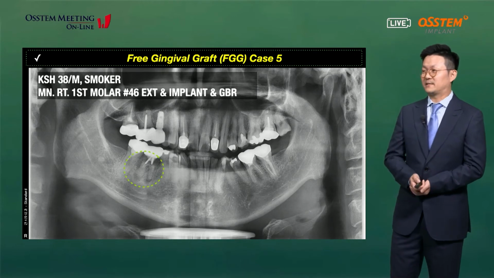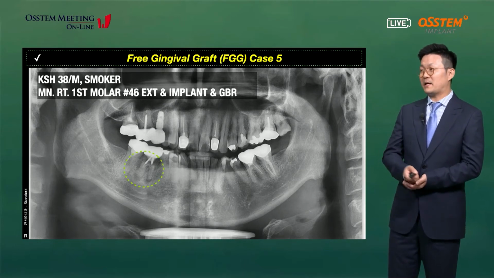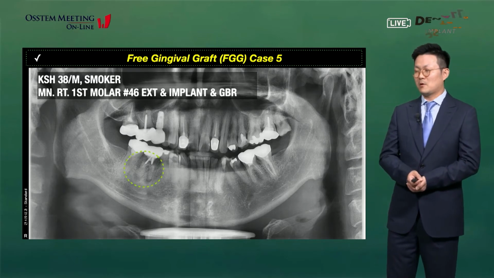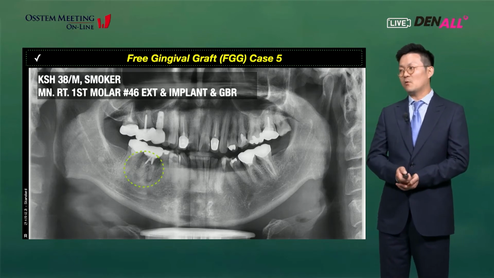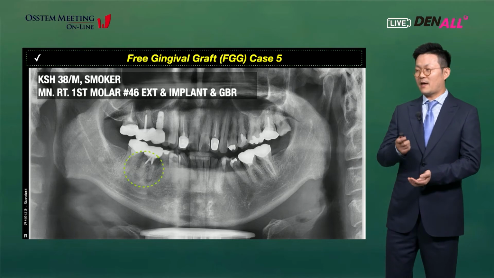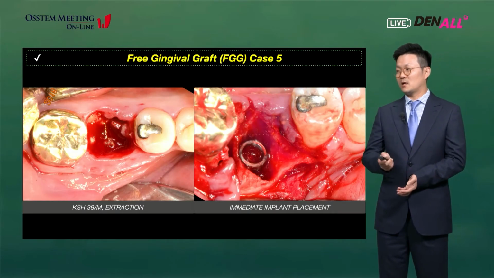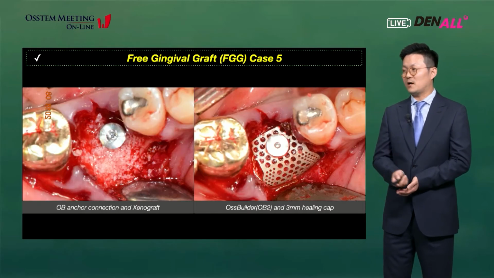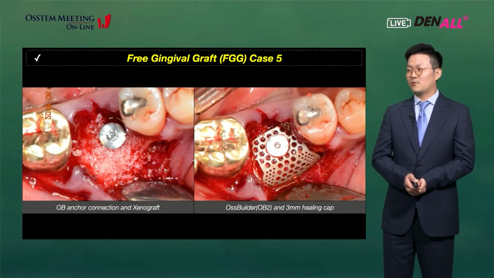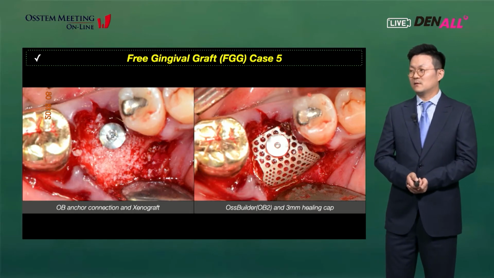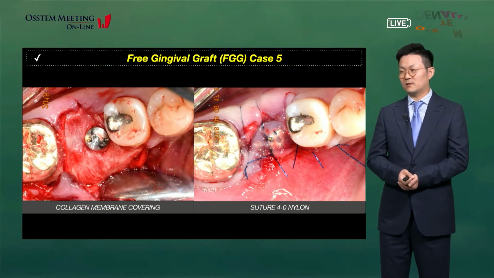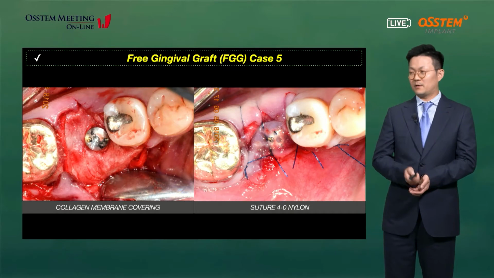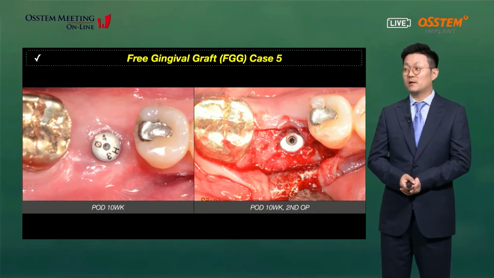This is the case. This young male patient has an apical lesion and urticarias on the first molar, so I extract the tooth and place an implant and perform GBR on the buccal side with the Ossbuilder, and over the Ossbuilder, I cover the site with the collagen membrane, and I made a suture. After 10 weeks,